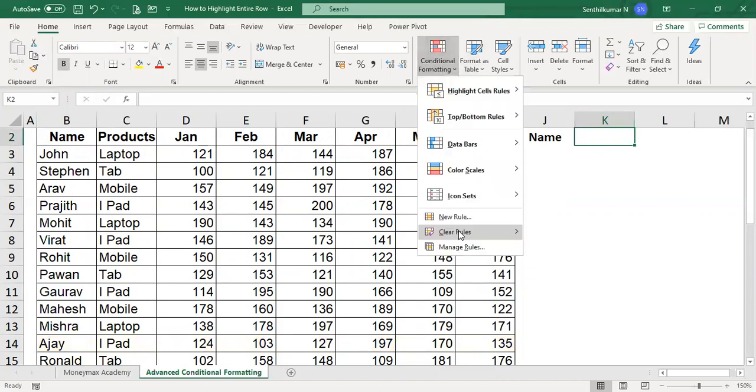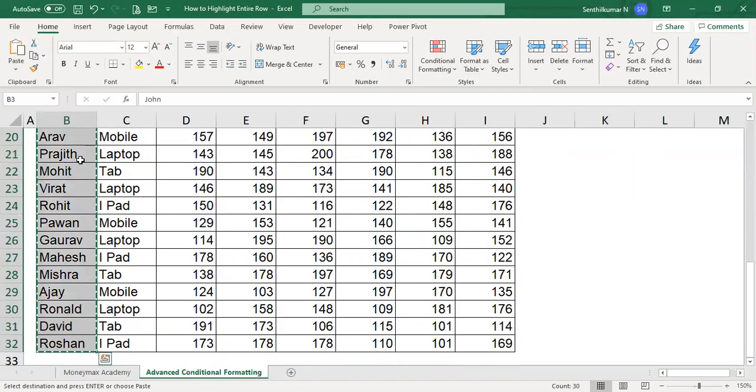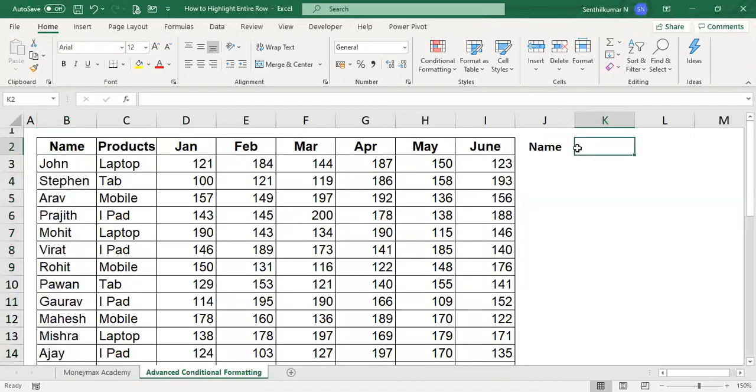Now I'm clearing all the rules. Now you want the list by name. So what we can do is select the data and create a master list. Why? Because typing the data every time is very difficult.